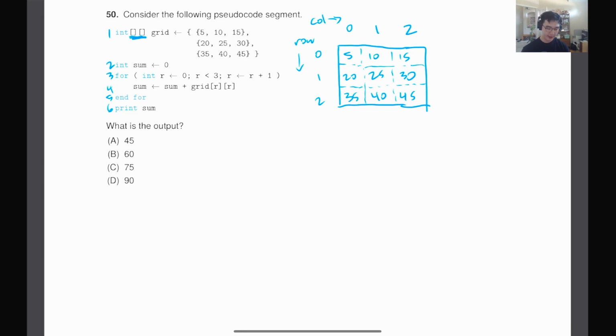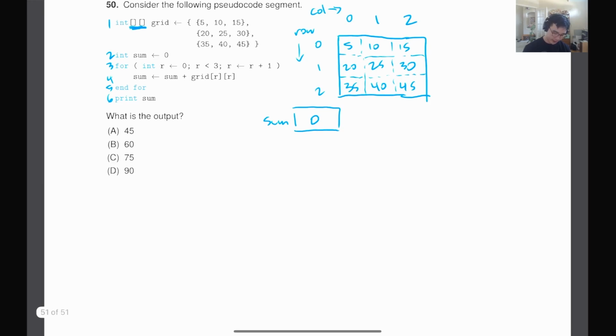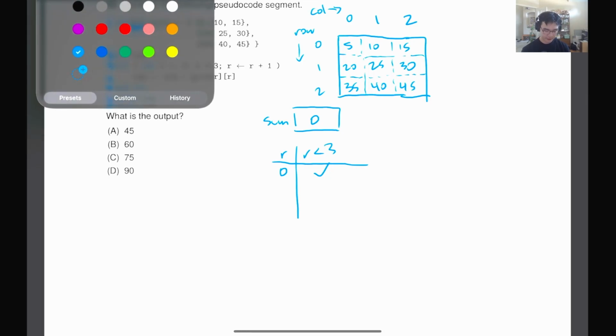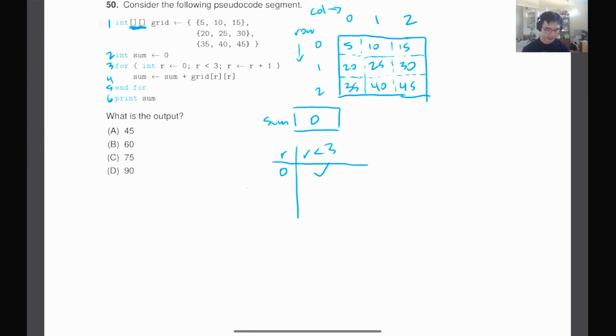That's line 1. Line 2, you go ahead and create this variable sum, and it's going to have the value of 0 right now. Okay. Line 3, we have a for loop, and we have variable r, and it is assigned the value of 0. And we now go check the condition, is r less than 3? That is true. So then we do sum. Sum is sum plus grid[r][r]. So what is